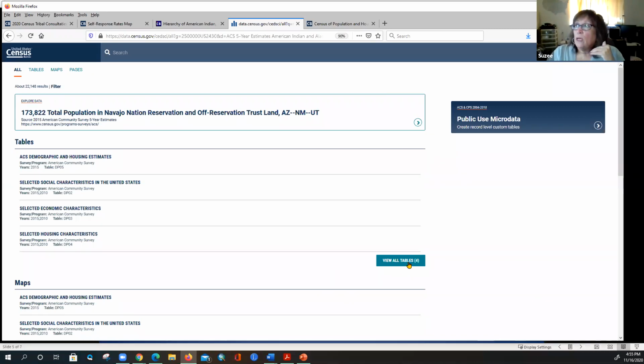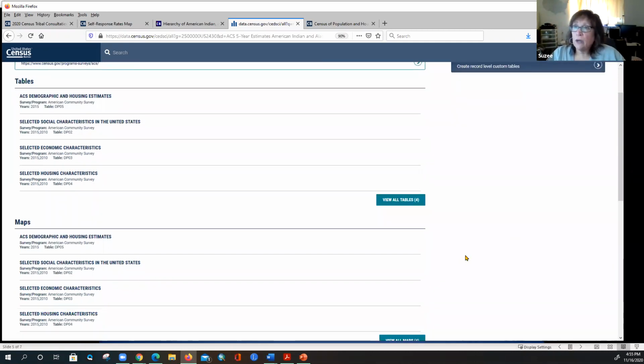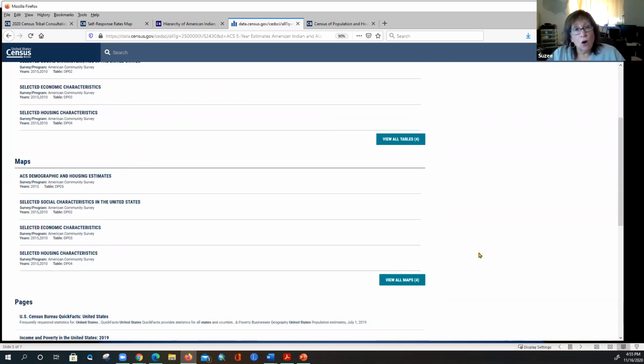Now, it'll always tell you a sample of the tables, and then over to the side, if there were 20 tables, this little highlighted box that says view all tables, kind of in a teal color, would say 20, and you could actually click on that and see more of the tables. You can also scroll down. They've really been working hard on the maps related to the data,